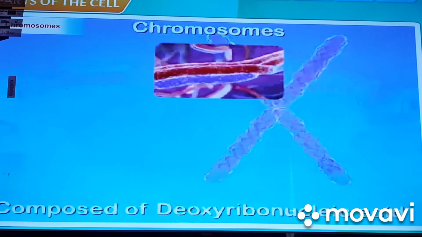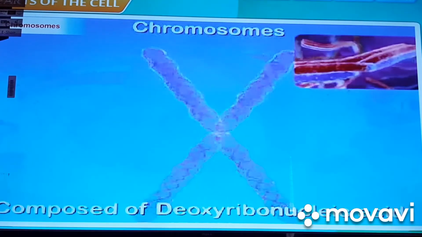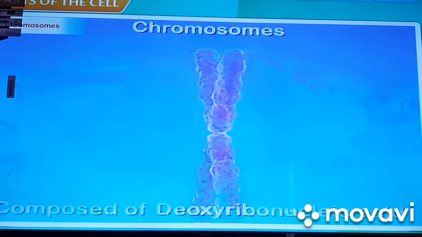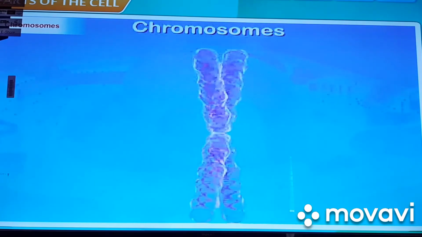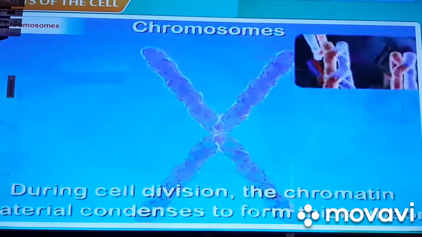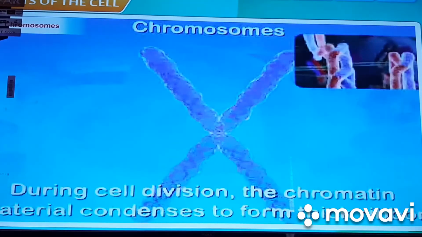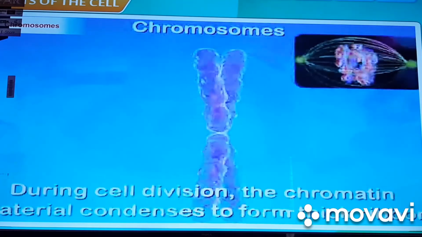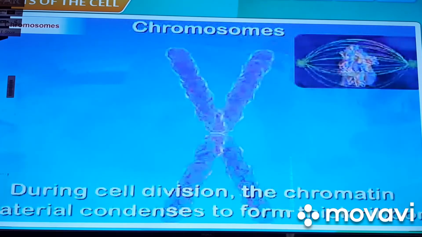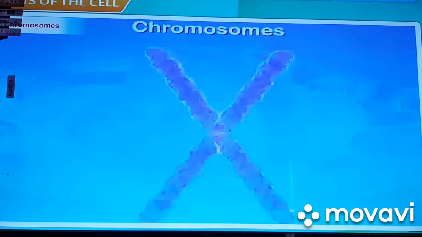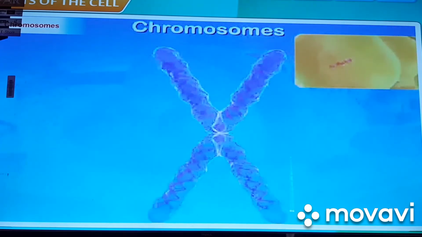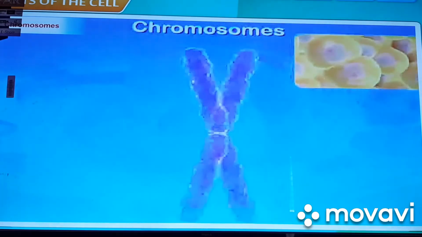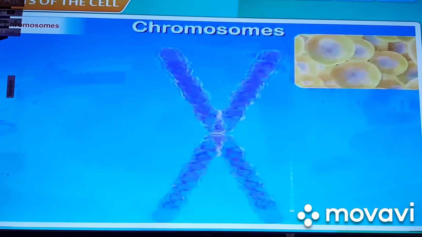These are called chromatin fibers in the non-dividing nucleus. These chromatin fibers condense and form chromosomes. Due to this, chromosomes are only visible in the dividing cells. These chromosomes carry genes. Gene is the unit of inheritance in living organisms. Genes are responsible for passing genetic characteristics from the parents to the offspring. A child receives one copy of each gene from the mother and another copy of the same gene from the father. Functions. The nucleus controls all metabolic activities of the cell.